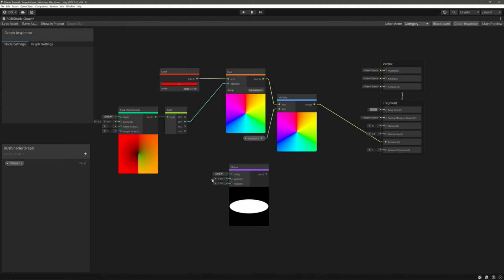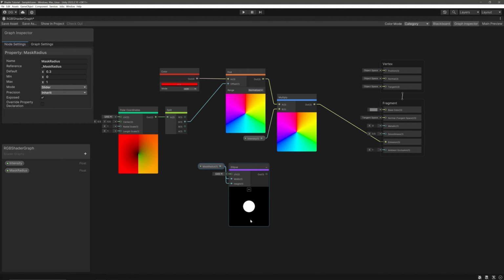We will control it from the inspector, so let's create a float property. Call it Mask Radius. Give a default value of 0.3. Set the mode to Slider with the range 0 to 1. Drag it in and feed it to both width and height.